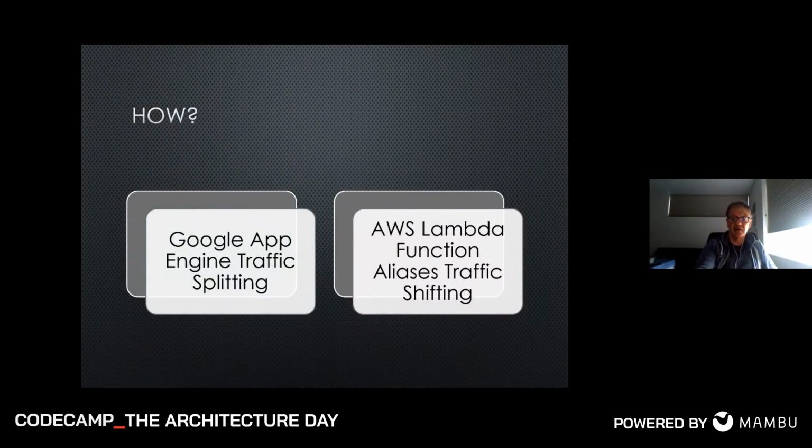AWS Lambda has a function aliasing and traffic shifting mechanism, which is essentially exactly the same. And again, you can use AWS CloudWatch metrics to see the difference in performance that you're getting from each particular function alias and see which one's giving you the best price performance ratio. So these are all feasible strategies to do within a cloud deployment if you want to investigate the parameter space, because all these parameters are intimately tied together, and there's no way you can say, oh, 80% CPU is going to be my best value here. You just don't know until you experiment.